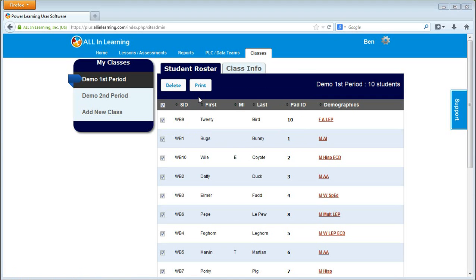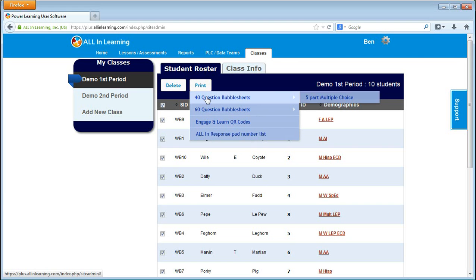Now, to print any of those bubble sheets, we do have to select the students that we want to print a bubble sheet for. The box in the gray bar will select or deselect all of the students. So if I just wanted one student, I could just simply select the one student. In this case, I'm going to print up my entire class, and I'm going to choose the 40 question bubble